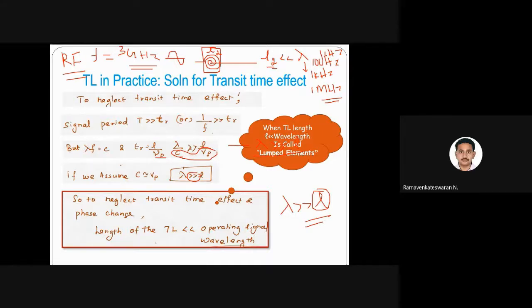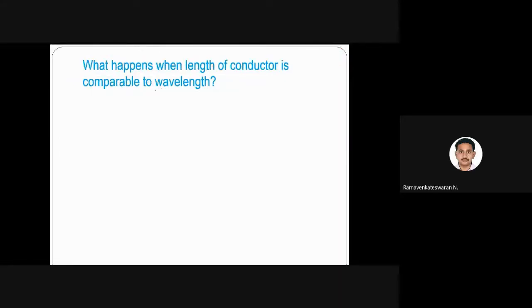So if the frequency is 3 gigahertz, what is the wavelength? Wavelength is equal to c by f, that is 3 into 10 to the power of, I'm going to write in terms of centimeters, 10 to the power of 10 centimeters per second, divided by 3 into 10 to the power of 9. So it's 30 by 3, that is 10 centimeter. Okay, so this is the wavelength. If you take it on a scale, probably this is my 10 centimeter. So this is the wavelength of the signal of frequency 3 gigahertz.